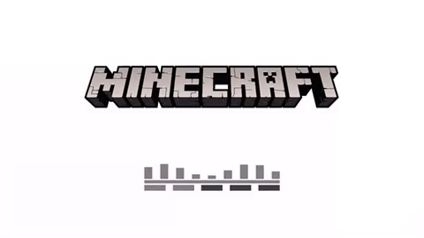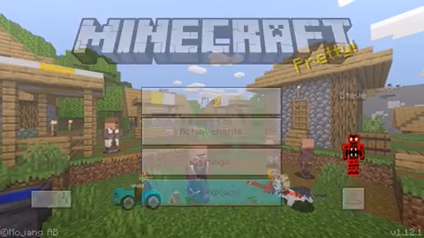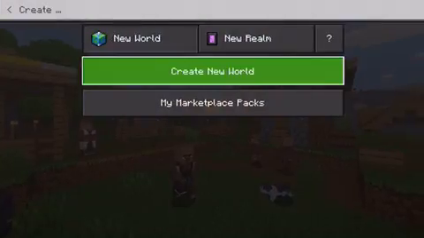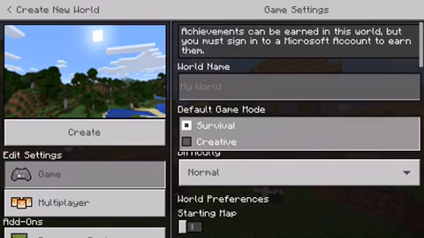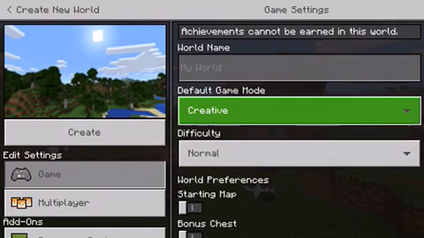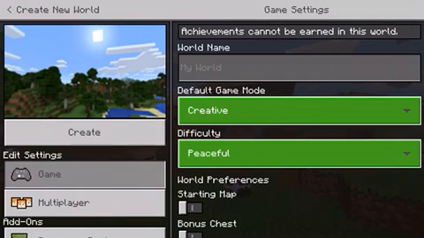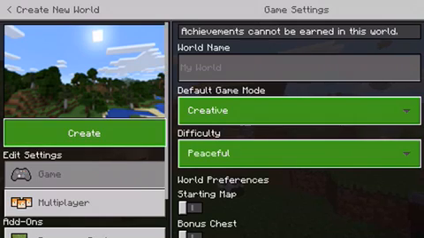Another video here, and today we'll be playing some Minecraft, and I'm going to be showing you guys how to make a world, how to make a water elevator in a world. So we're just going to get it right now. Okay, so I'm going to be showing you guys how to make a water